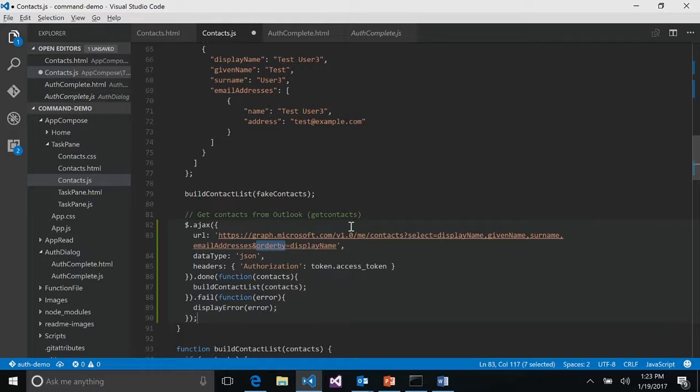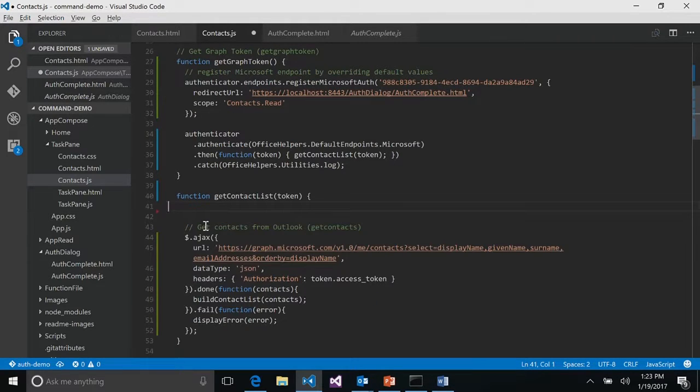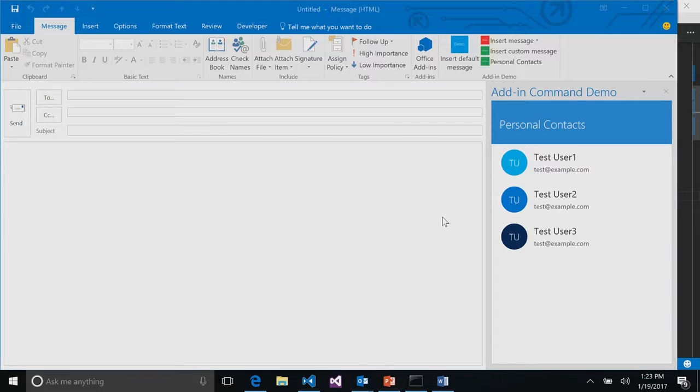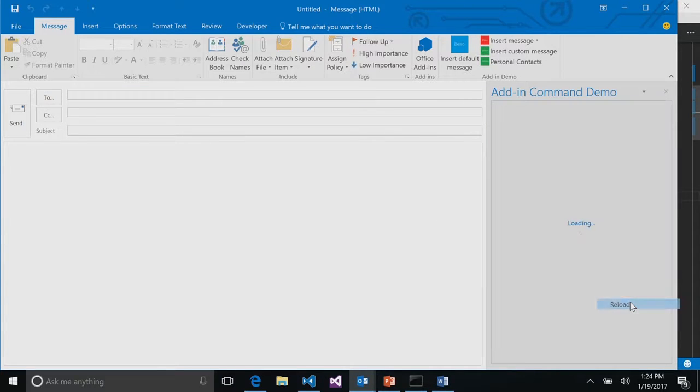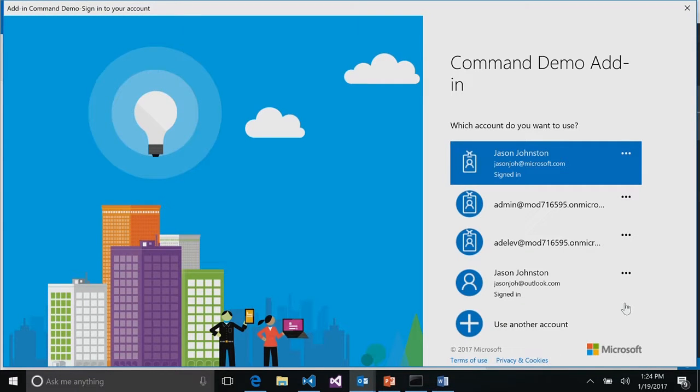Okay? So if everything went right, I'm going to cross my fingers. This should now be working. Okay? And because I'm running this locally using that gulp task, it will take my changes immediately. So all I need to do is reload the add-in. Okay, so it's detected that, hey, you're not signed in.